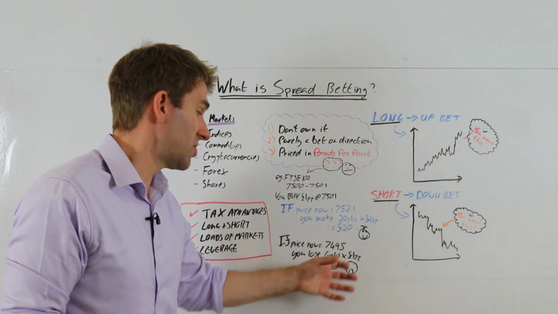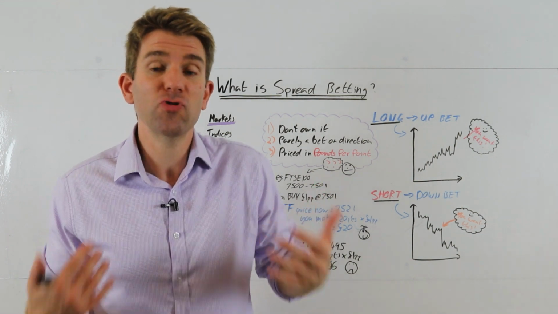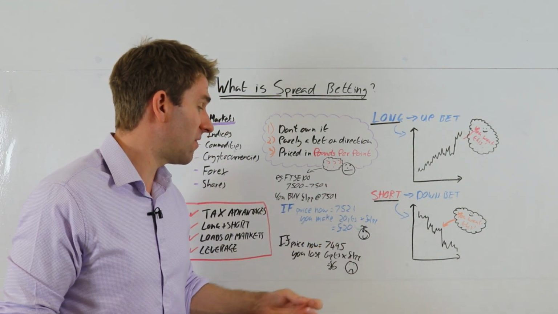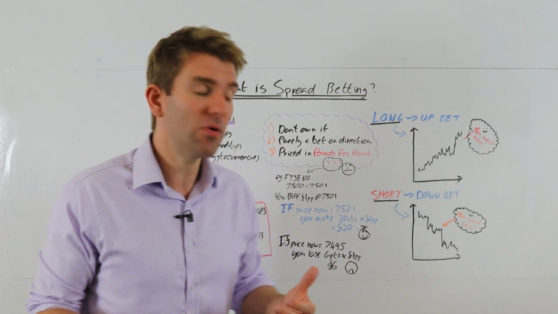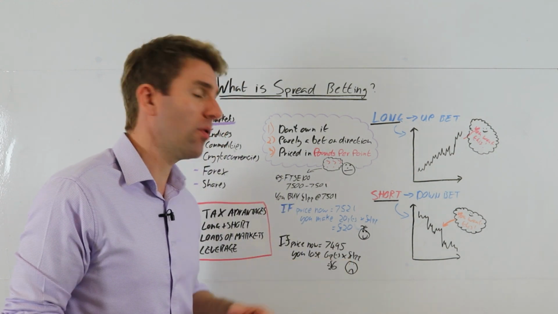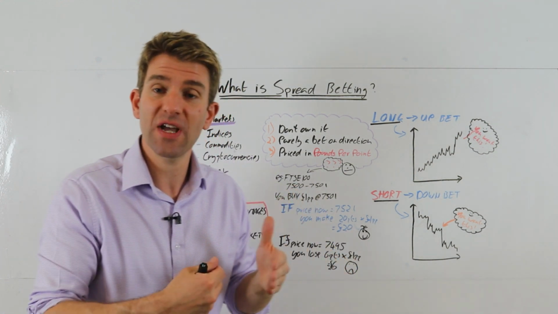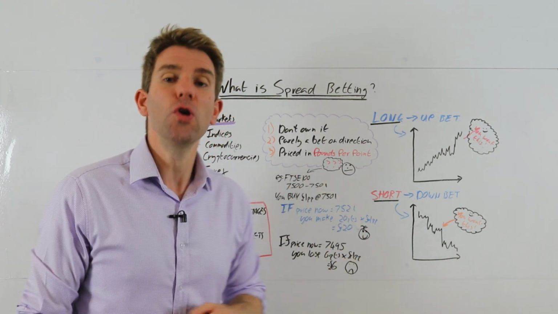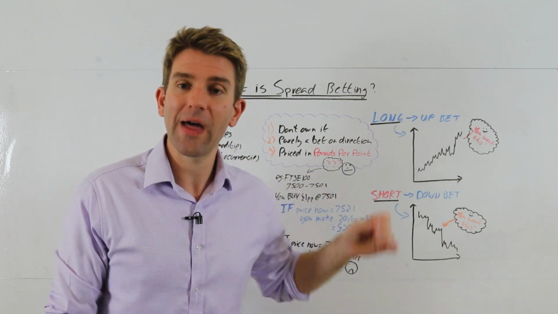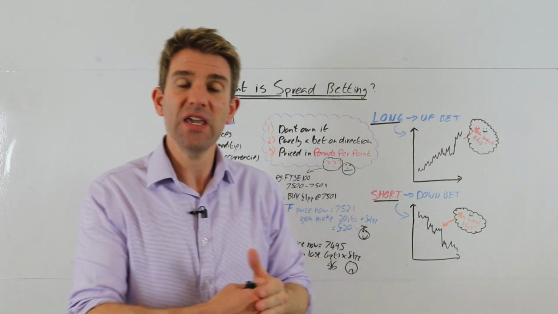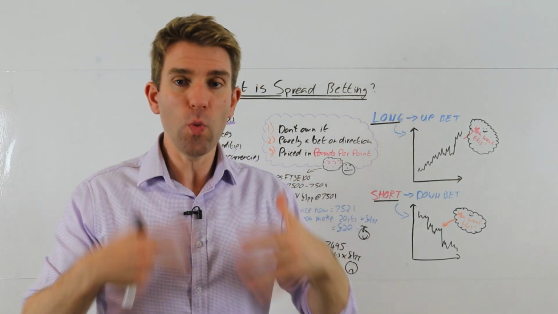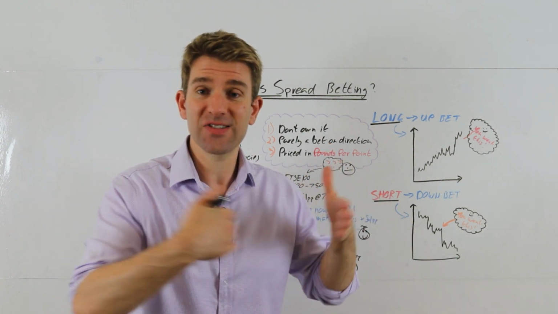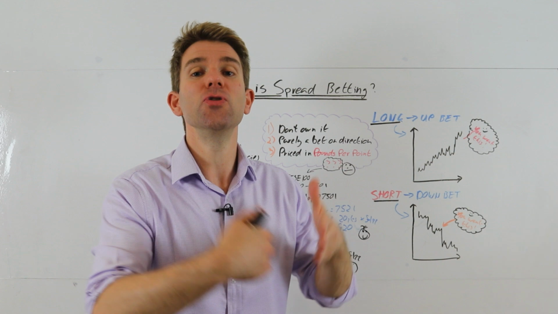Then, of course, it doesn't always work that way. Sometimes you might have a trade that goes against you. Let's say it goes down, it's sitting at 7,495, so it's 6 points down from where you bought it. You've lost 6 points. You were £1 a point, that was your stake. So you're timesing 6 by 1, £6. Unfortunately, you've lost £6 on that particular trade. So you can see the amount you win or lose is dependent on the movement of the price of the asset that you're betting on and your stake.